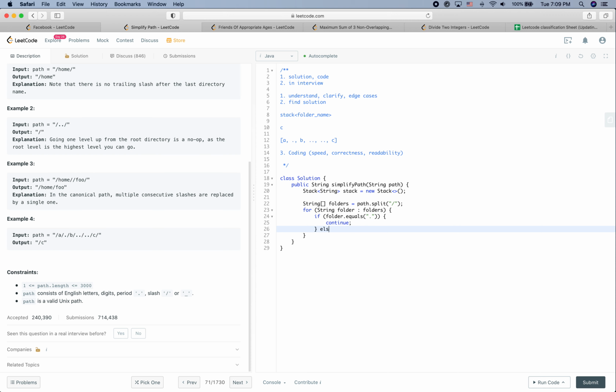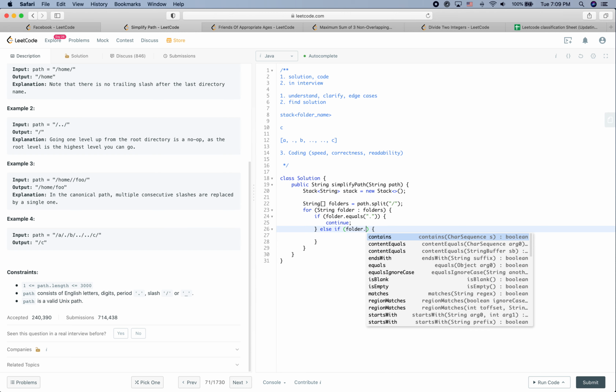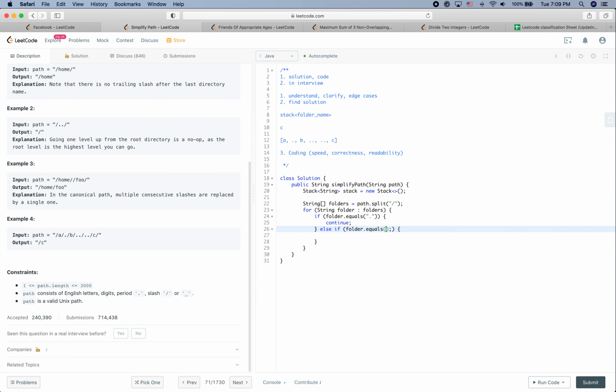Otherwise, if it is two dots, then we see if the stack is not empty. Then we are just going to pop the top element. So stack.pop,